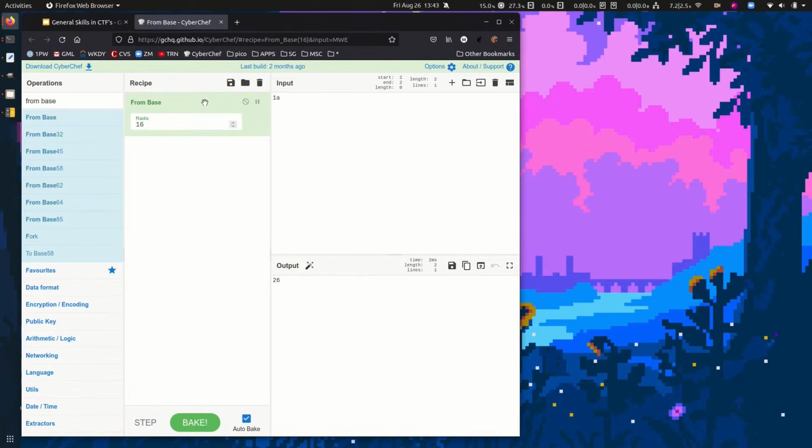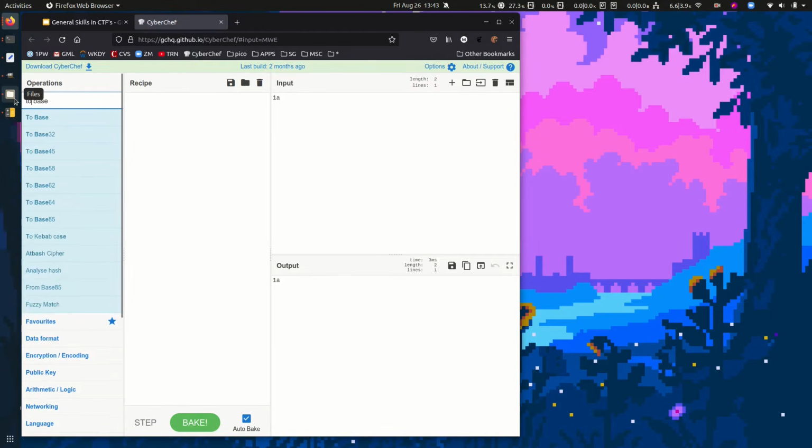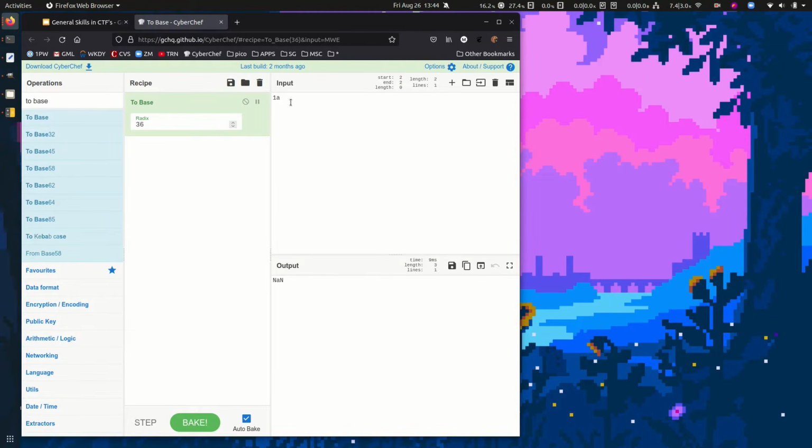There's a partner function in CyberChef. It's To Base. This takes a decimal number and converts it to a different base. Do 26, put that in base 16, 1A.